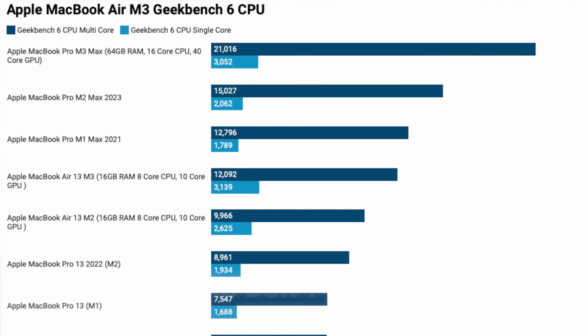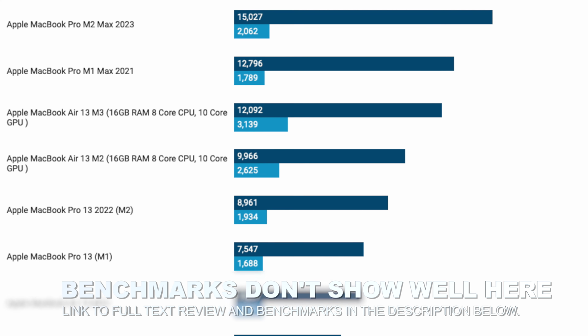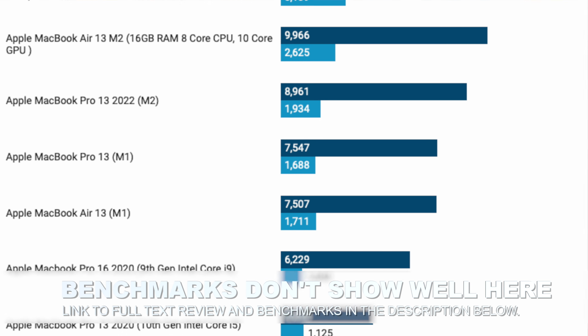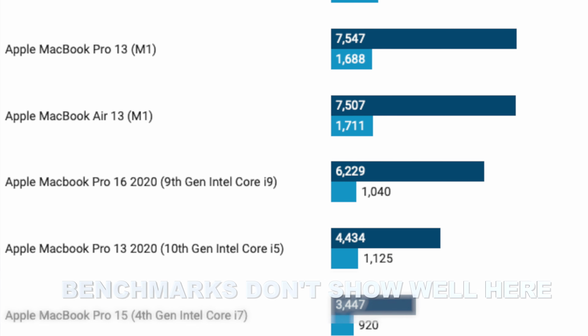Those full benchmarks are in my written review, which I would recommend you go read if you're into your benchmarks, if you want to look at full comparatives. They don't present all that well on YouTube. So I'm instead going to talk through some of what I've seen and some of where this impresses and some of where it doesn't. So, first of all,